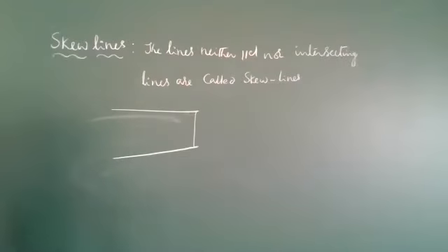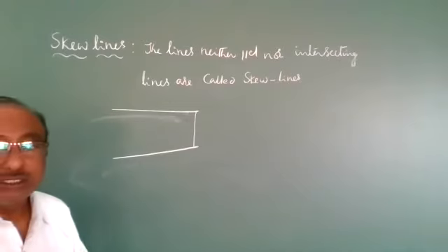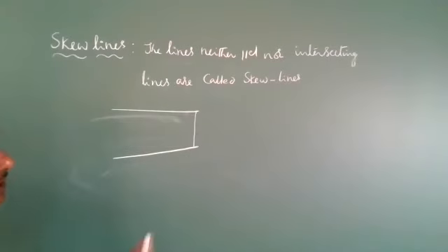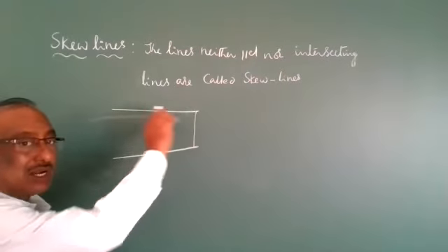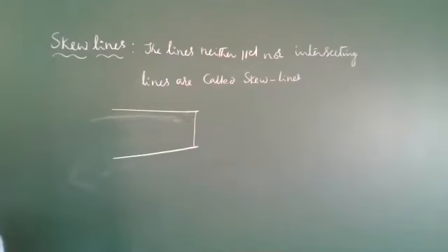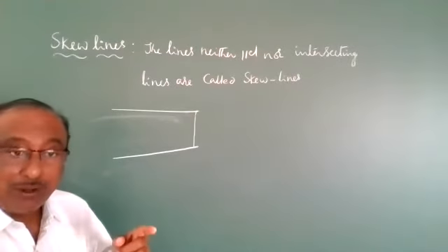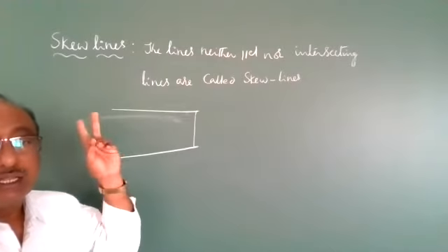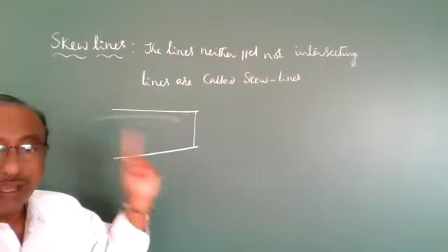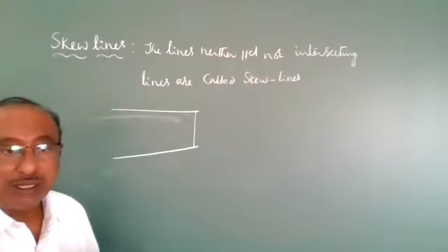Now clearly we can understand. So these are the lines intersecting. We have the shortest distance. This is the shortest distance between the two lines. The two lines are neither parallel nor perpendicular nor intersecting. Those lines are called skew lines. So take clear this point.